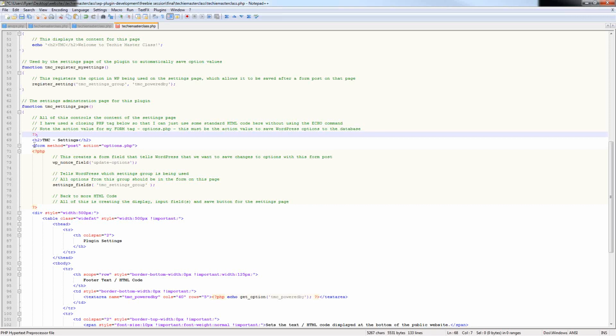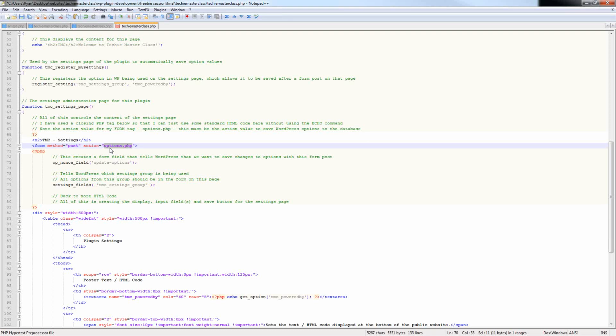So all you really have to do is initially create a form. This is an HTML form on this particular administration page, and you're going to be posting this form to a file called options.php. This options file is actually a file in the WordPress core, and this file is designed to